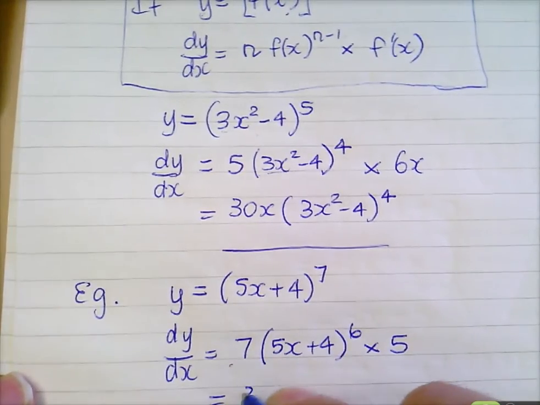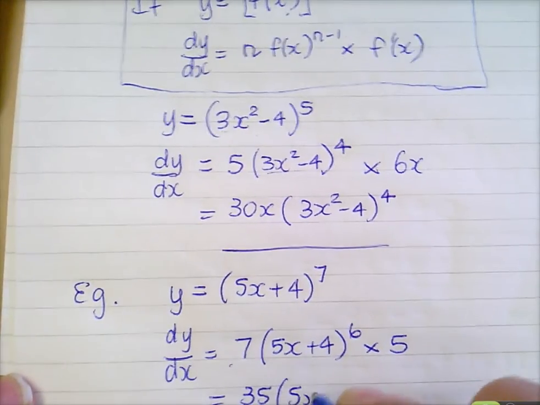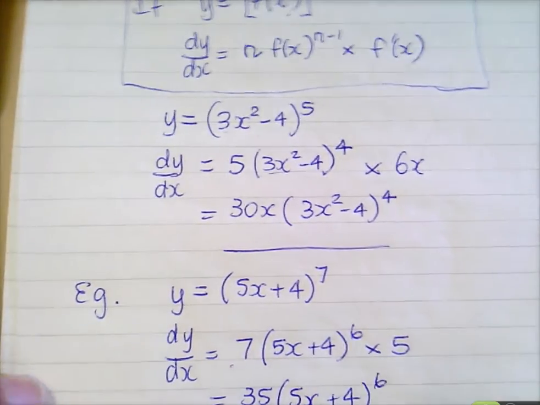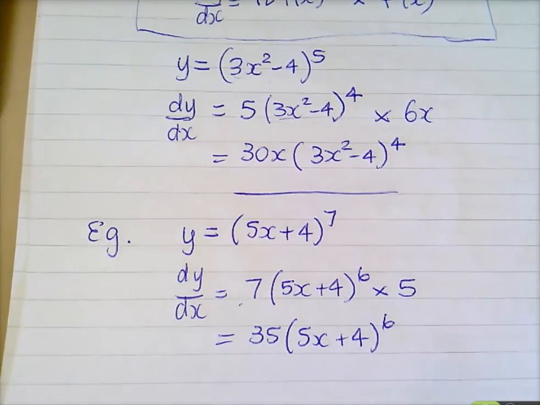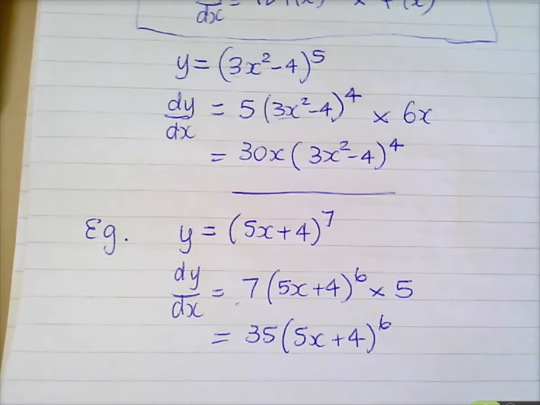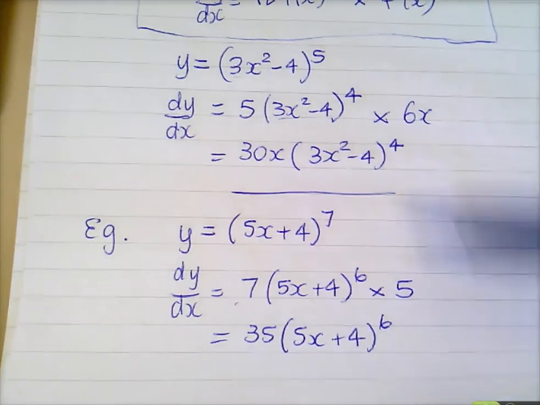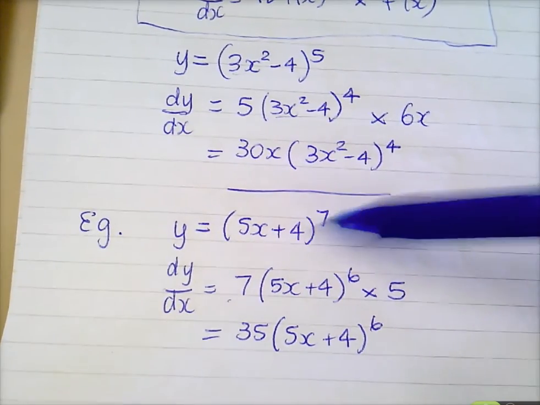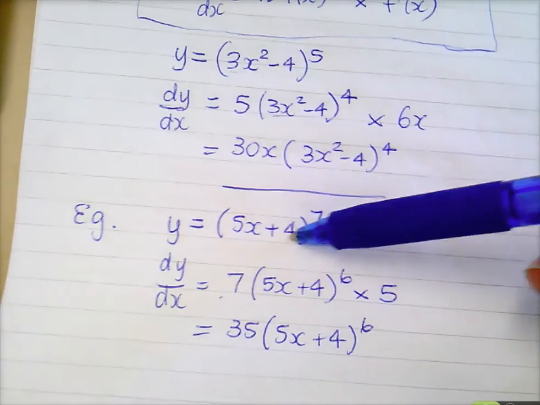7 times 5 is 35, bracket 5x plus 4 to the power of 6. Isn't that much quicker than going let u equal 5x plus 4? du dx is, y is u to the 7, dy du is, dy dx is dy du times du dx, substitute it, replace the u back. Why would you do all that? You just do this. Do the normal differentiation times, because this is not just an x, you've got to